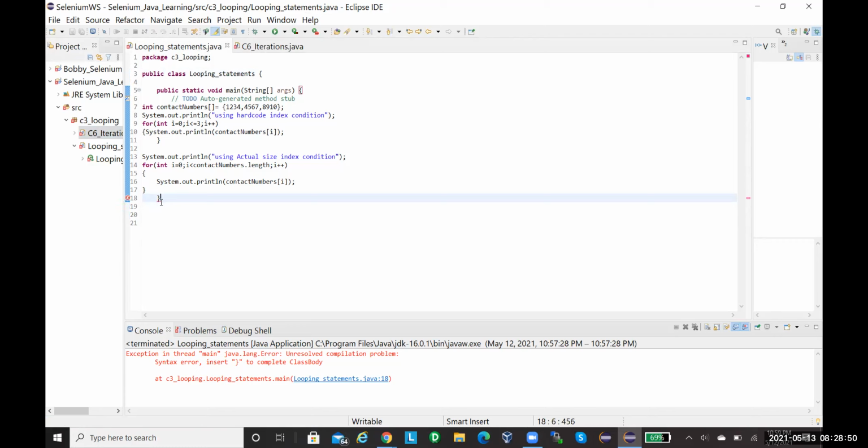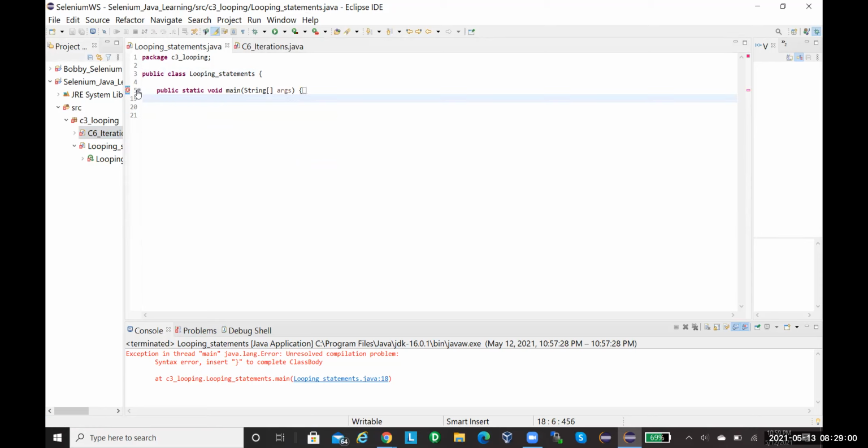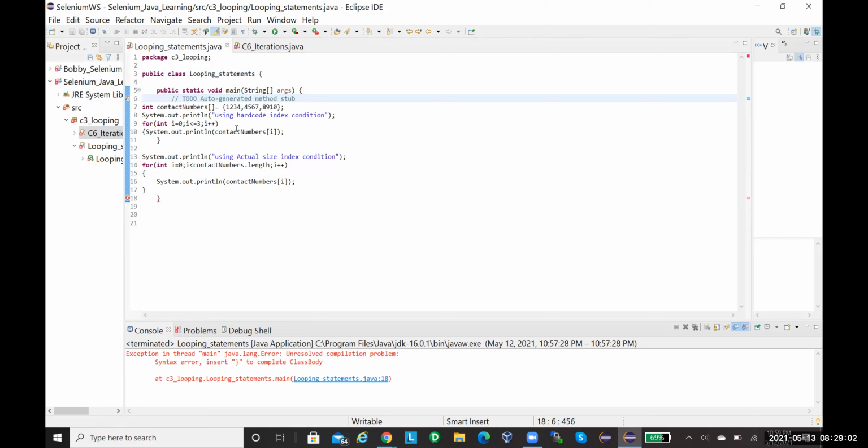See, place your cursor at line number 18 beside the brace, and you see a box around the matching brace.